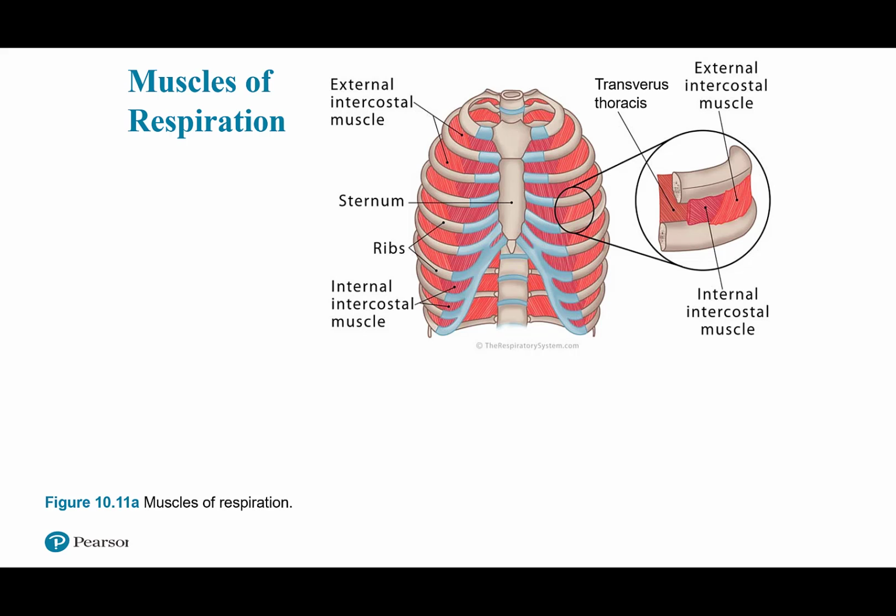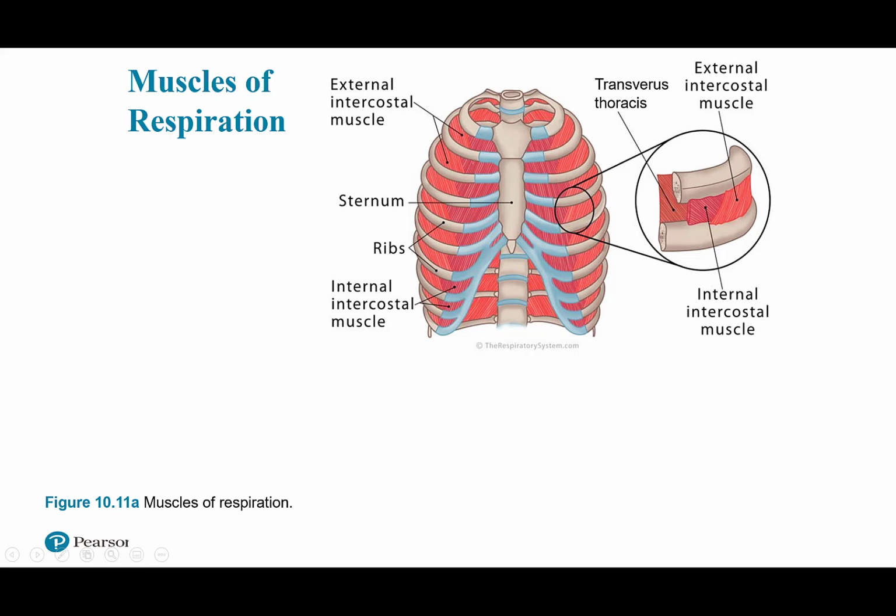Now let's look at the muscles of your thoracic cavity that help you breathe. Muscles of respiration, or breathing muscles. We have these intercostalis muscles, as the name suggests. Inter means in between, and costalis means these ribs here. So intercostalis muscles means muscles that are in between the ribs. There are external and internal, but you don't have to know that. You just have to know that the muscles in between the ribs are the intercostalis muscles, that when they contract,